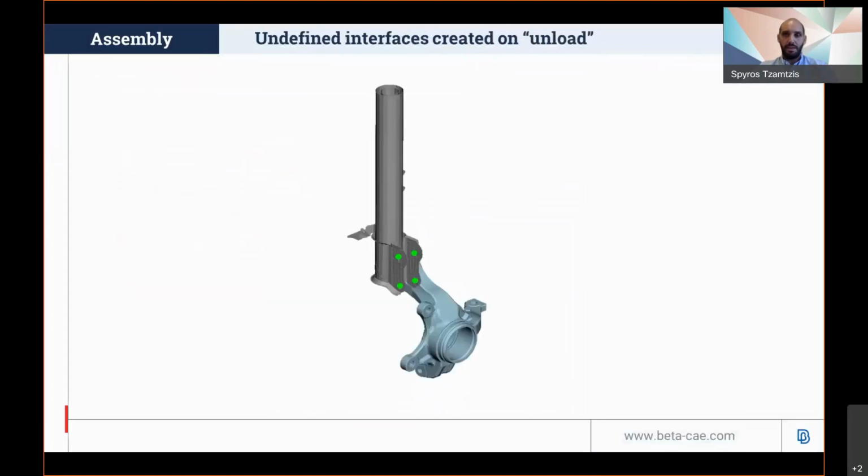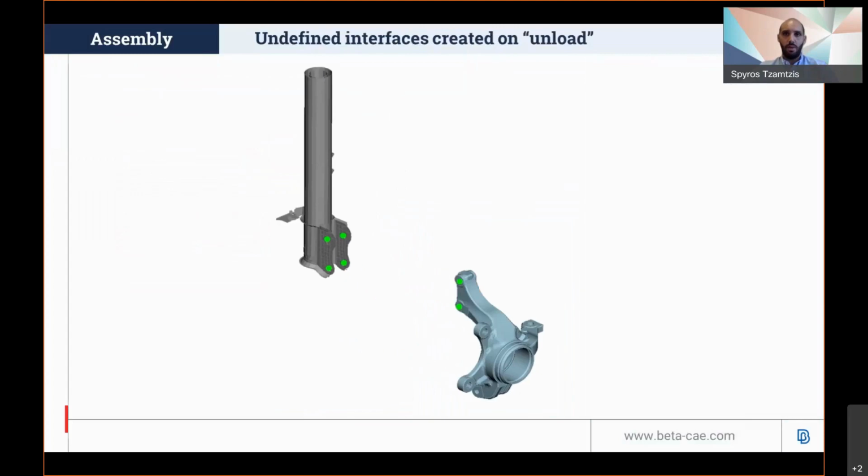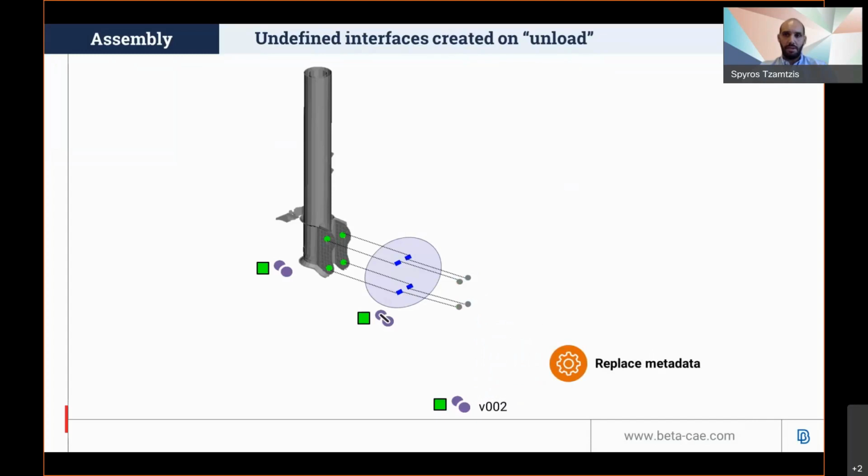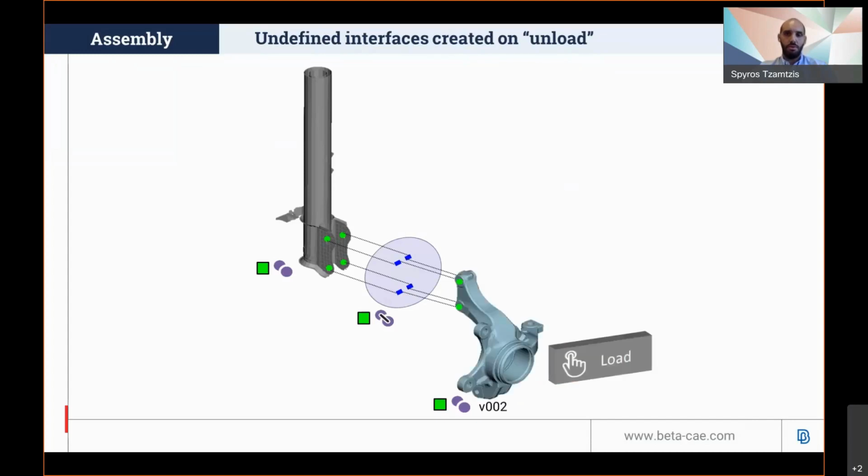Finally, we have enhanced the handling of all affected entities when working on an assembly where the interface points of a base module, for example a subsystem or a library item, are used by entities that do not belong to this subsystem. Unloading a module that contains defined assembly or load case points that are used by entities that belong to another container, for example connectors, gaps, or boundary conditions that belong to the assembly's connecting subsystem, undefined interface points will automatically be created by ANSA, in order to facilitate the proper and automatic reattachment of all affected entities when the module is loaded back in the model.